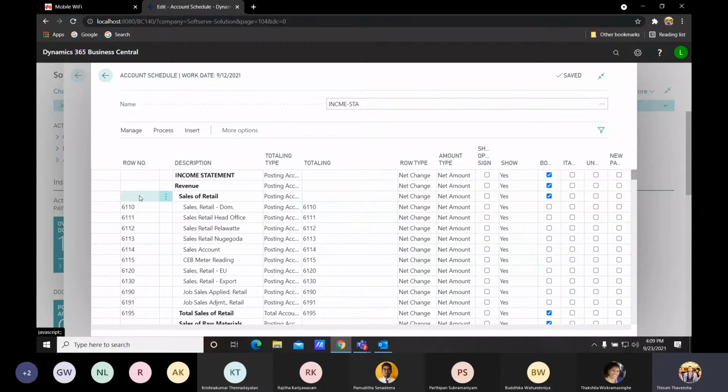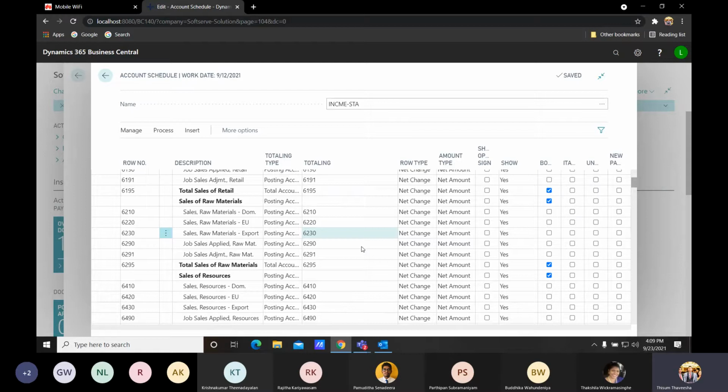Okay, so this whole number, that means the row number, has been generated here from the chart of account number. So from the chart of accounts, if you get the chart of account number, the whole chart of accounts to this side, then it will take the row number as the chart of account number. Okay, and then